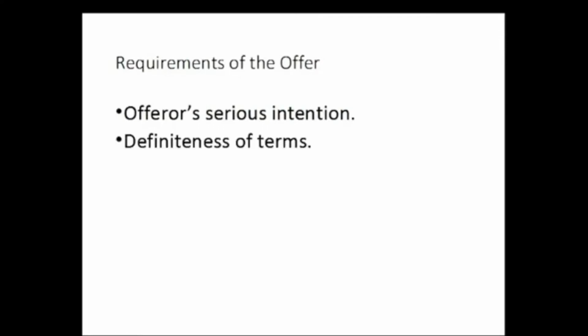Now, let's talk about offer and acceptance. Okay, so the offer and acceptance is the agreement. And the parties have to show mutual assent to the terms of the contract. Once an agreement is reached, if the other elements of the contract are present, the consideration, legality, and so forth, a valid contract is formed. So, in order to have the offer, it has to, first of all, be a serious intention. Courts will basically say, no, it was obviously not serious, someone was making a jest. They're not going to enforce that.